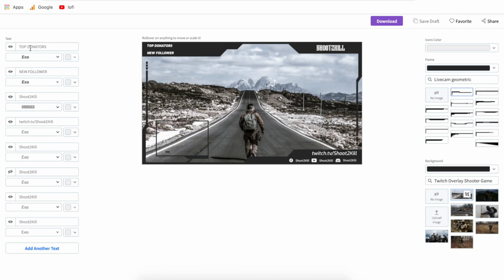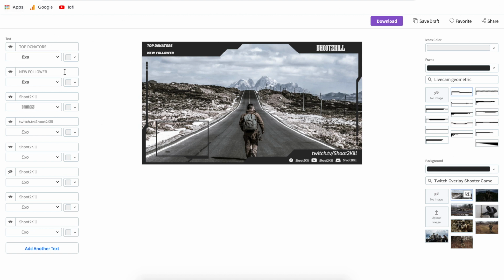So over on the left side is all of your text. So these are going to be associated with text that's on the screen here. Now you can move any of this if you want to. If you want to move it back, just click Reset Layout. And if you ever need to hit a back button per se, you have to actually hit the back button on your browser. There is no back button to hit on this editor.